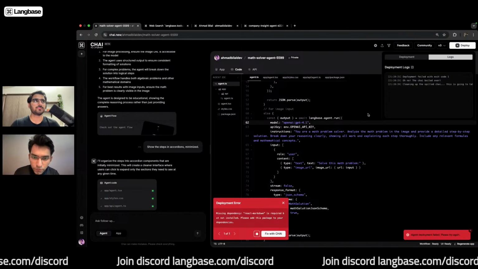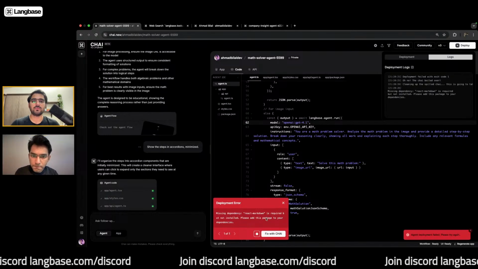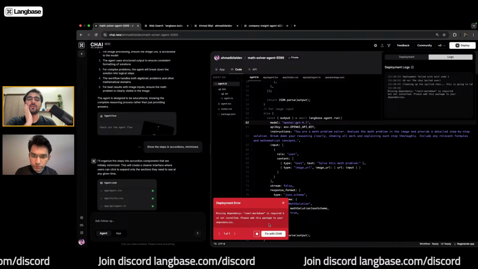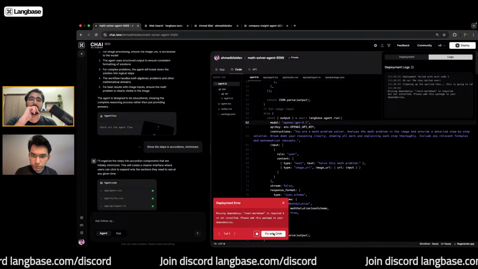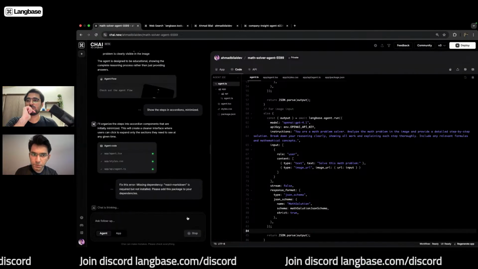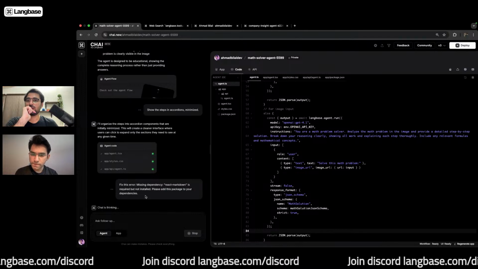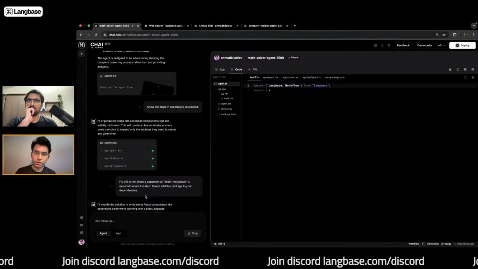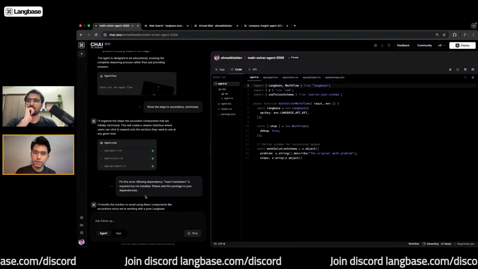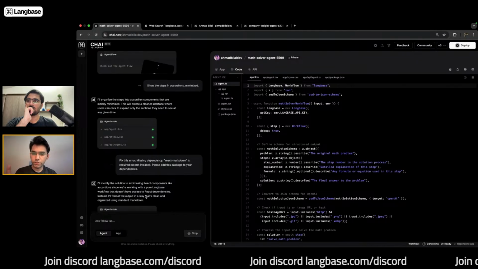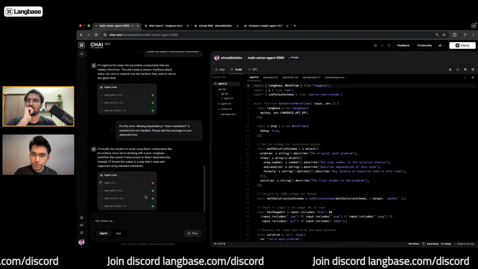Awesome. Okay, we got an error from the deployment, and this is a good time to show how you can just ask Chai to fix the error for you, and it will go ahead and do that. So this was what I was talking about earlier. Whenever there's an error, Chai will show a pop-up with the error inside of it, and you can just click Fix with Chai, and it will ask Chai to fix it for you. Awesome.